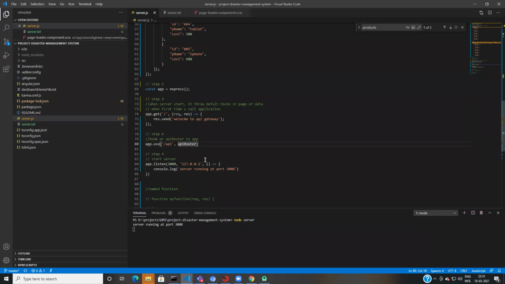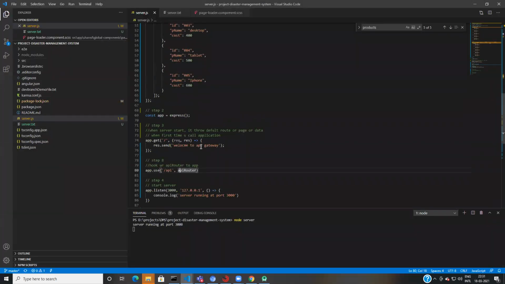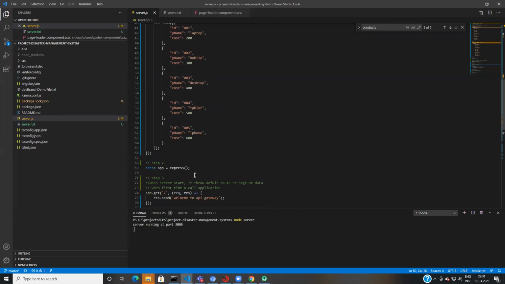I don't see any issue here. Products. What am I missing? Is my placement wrong?